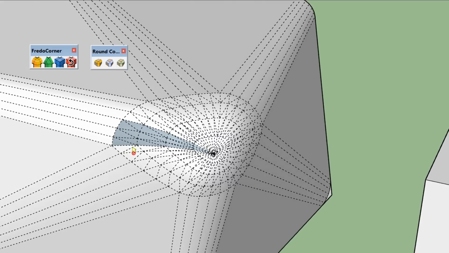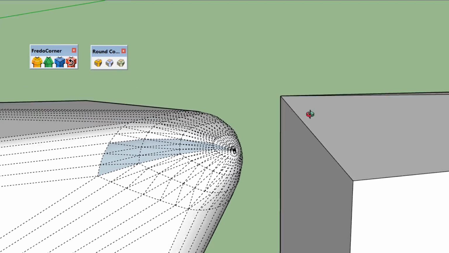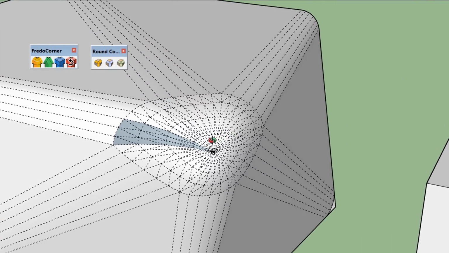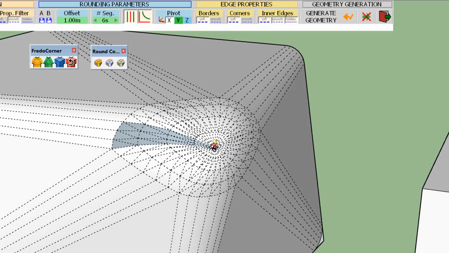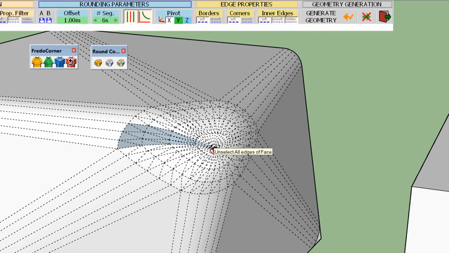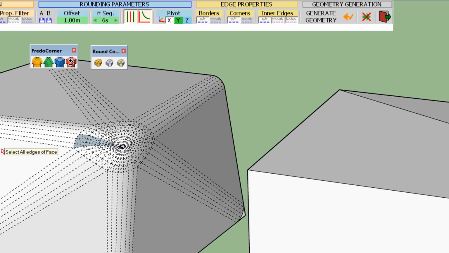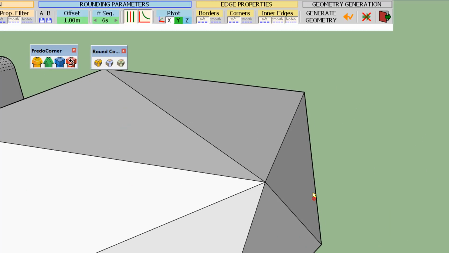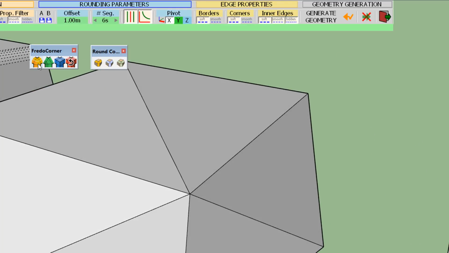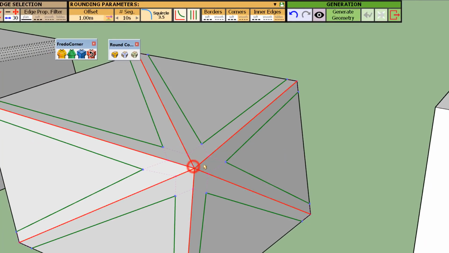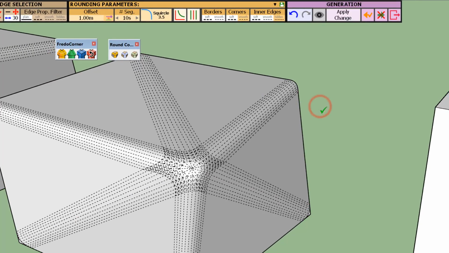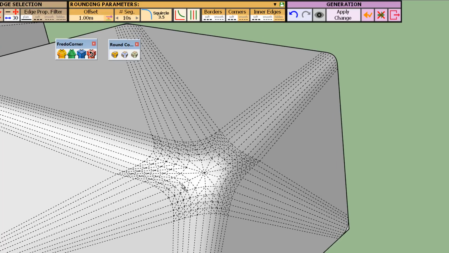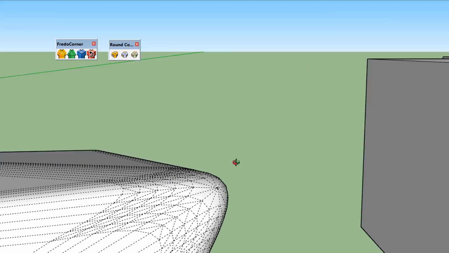You see that the corner is rendered in a very complex way with a lot of triangulation. Let's see what Fredo Corner does. So same corner, same shape. So you see that it's much more regular.